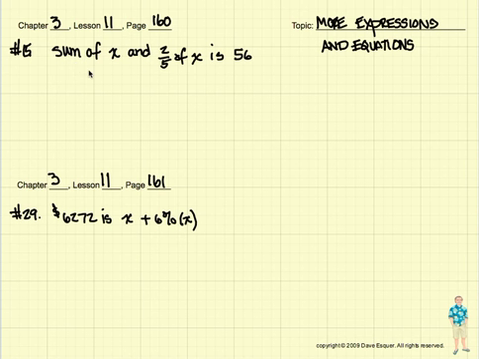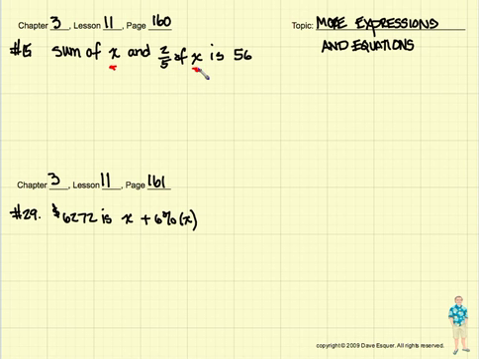is asking us. Number 15, it says, let me read it from the book, the sum of a number and 2/5 of that number is 56. What is the number? The sum of a number and 2/5 of the number is 56. So let's see if we can write this out. The sum of the number and 2/5 of that same number